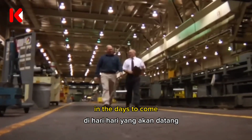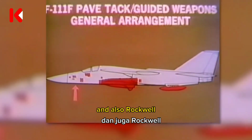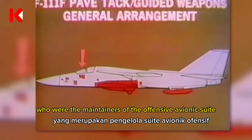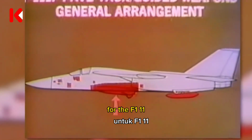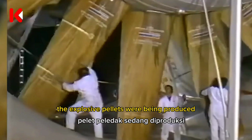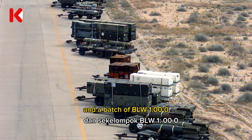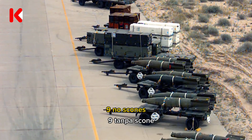In the days to come, the Eglin Air Force engineers worked with Lockheed and also Rockwell, who were the maintainers of the offensive avionics suite for the F-111. In parallel, the explosive pellets were being produced. Tunnel time was booked at the LTV Dallas location, and a batch of BLU-109 nose cones was en route